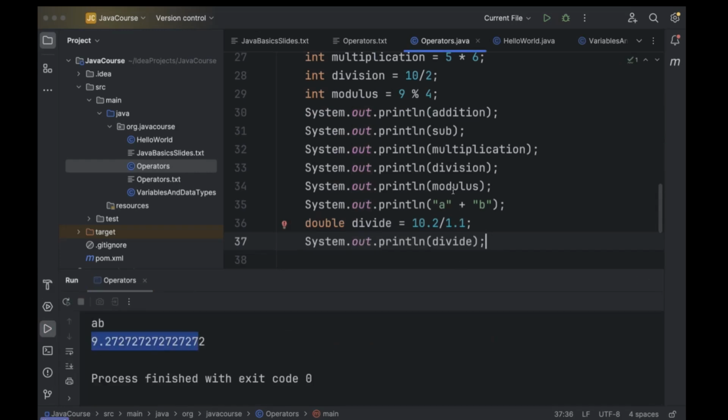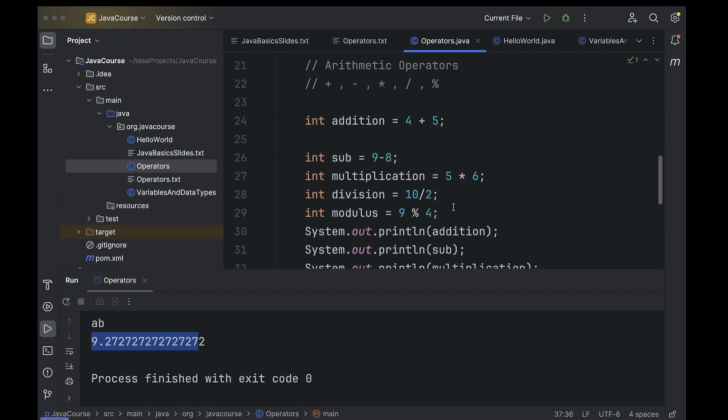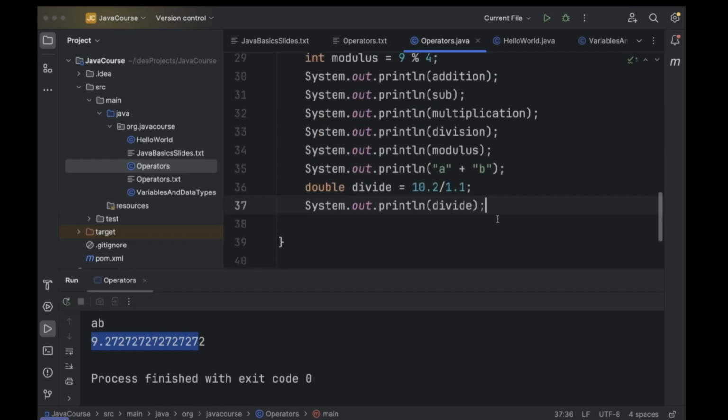So you can do these operations, and these mathematical operations are done using arithmetic operators. One important point here is that this plus symbol can also be used for characters, and when it is used for characters, it doesn't mean addition of those characters, it means concatenation. Now let's go to